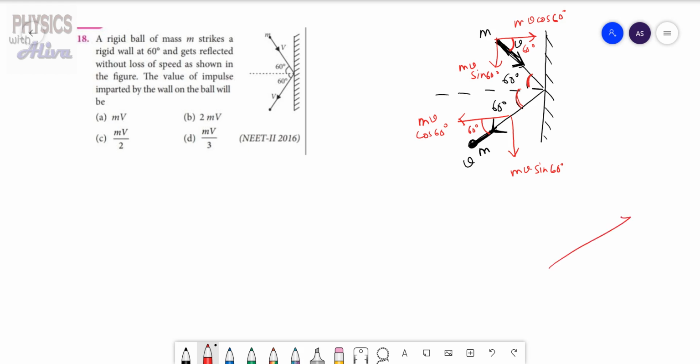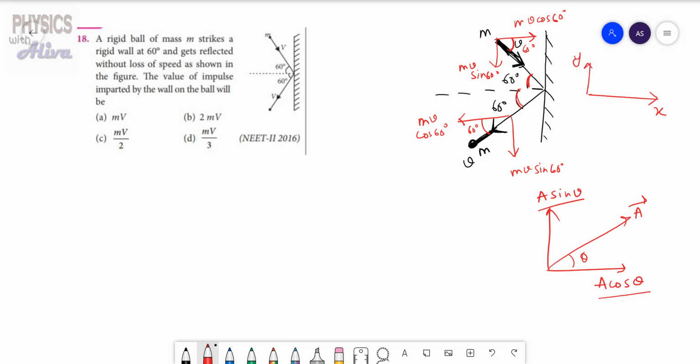Okay, suppose this is a vector A and I am breaking the vector in two components, and this is the angle theta. This component will be the cos component and the other component will be the sin component. We are following this in our problem also. Suppose this is our positive x direction and this is our positive y direction.